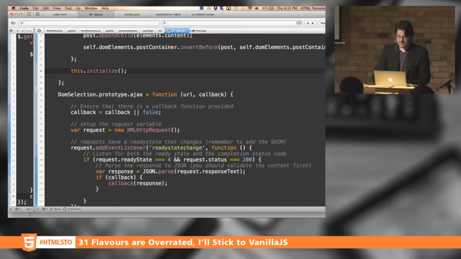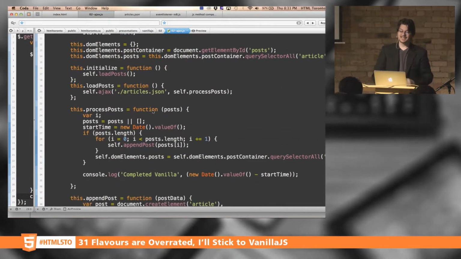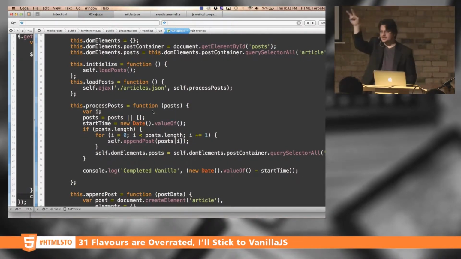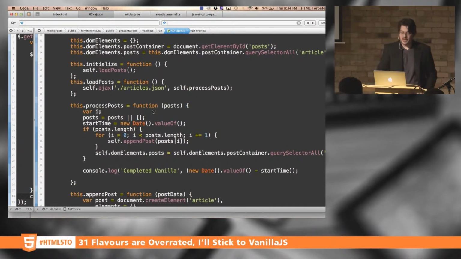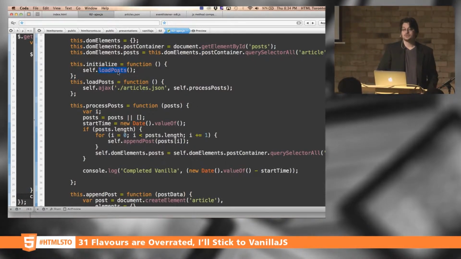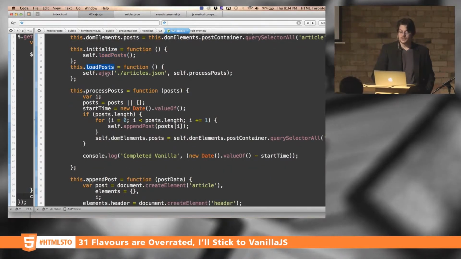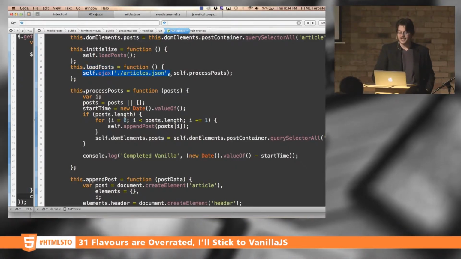I'm going to initialize this. So the difference here is instead of doing all of those other things I did for the first one where you're just doing a selection and doing all of the capturing everything, I'm saying load your posts, right? That AJAX call. So I'm saying load posts. What does load posts do? Well, it runs self.ajax and it